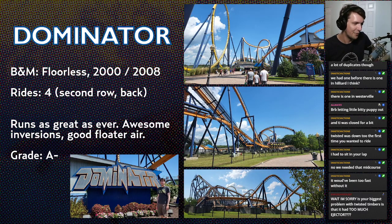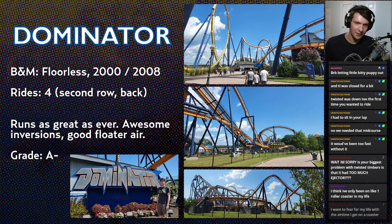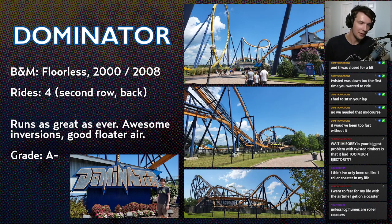My biggest problem with Twister was that there was too much ejector. It hurts because it jams the lap bar into your legs, and I don't like that very much. I like floater more than ejector. Give me some nice floater like on the B&M Hypers. That's good stuff. Ejector is a bit too violent. Anyway, back to the point at hand. Dominator was one of my favorite coasters, and I hadn't ridden it in I don't know how many years now,